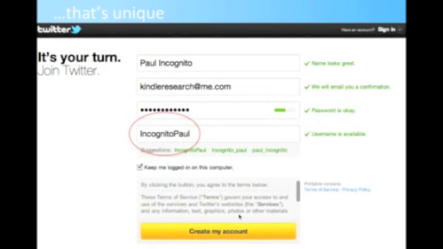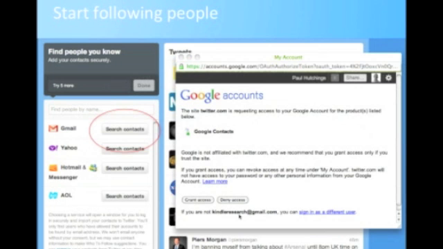So I put in Incognito Paul, just change it round, and it tells me that username is available. So I click on create my account, and I'm up and running. Now once I've created an account, it will start taking me through some easy steps to get me connected to other people. So it will suggest some people to follow, and then it's got this tool here where